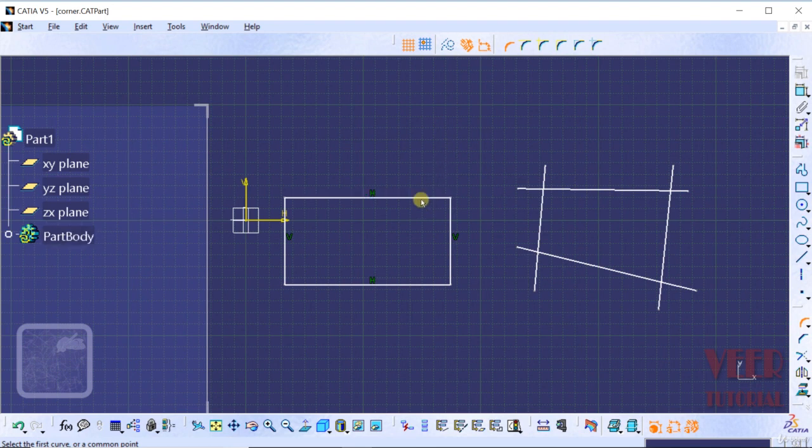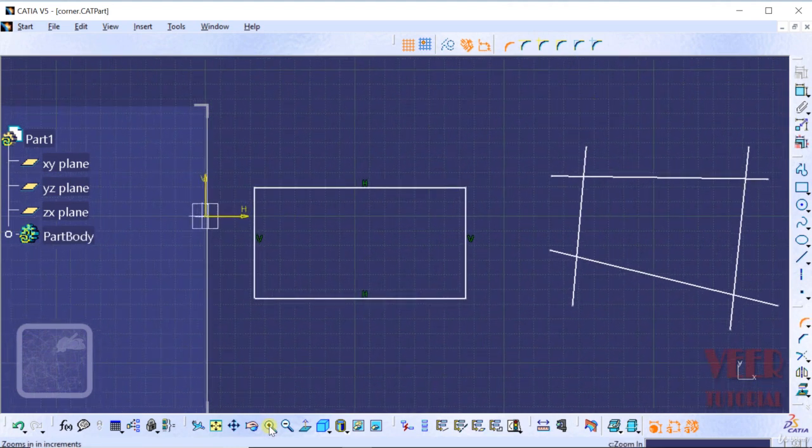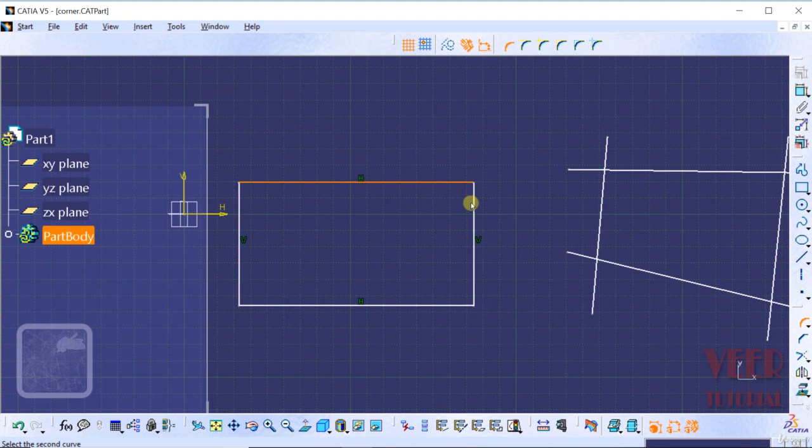So I go to this rectangle and select this first line. Let me zoom in onto this. Okay, select this first line and then select the second line. And then we can see the preview of an arc. Take the cursor inside this rectangle and we can see the arc. We can define this arc by its radius. We can insert the value of radius from here. So I take this value 4, press enter. And then we can see it has created a fillet onto the corner.